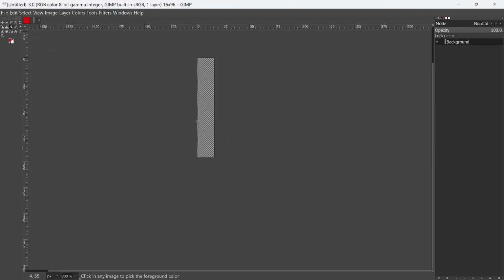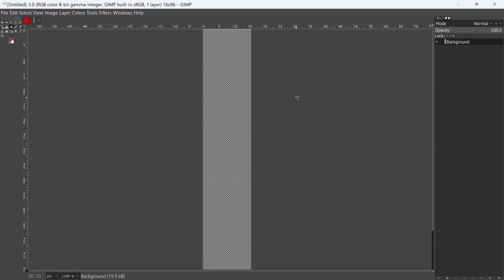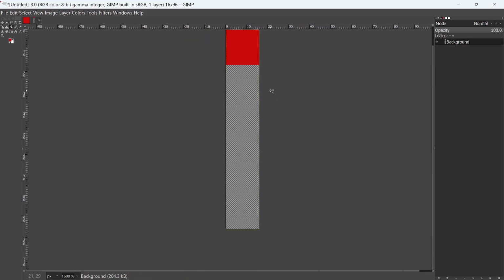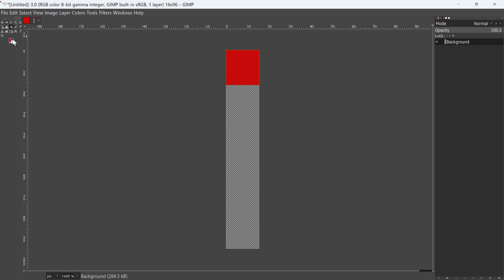So here we have 96. And so the frame is going to work. Frame 1 is going to be the very top one. So we got 1, 2, and this would go all the way. So this would be 0, 0, all the way to 16. And this would be the first frame. And then basically, if I wanted to,